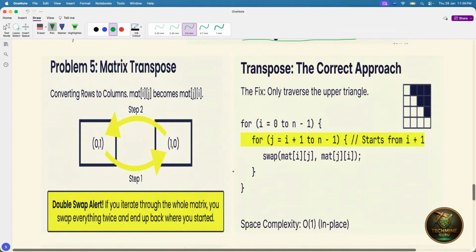This means converting rows to columns and columns to rows. Now in this, matrix of i comma j will become matrix of j comma i, right? So if we simply run a loop from i equal to 0 to n and then j equal to 0 to m, we will simply double swap it, right? How? If you iterate through the whole matrix, you will swap everything twice and end up right back where